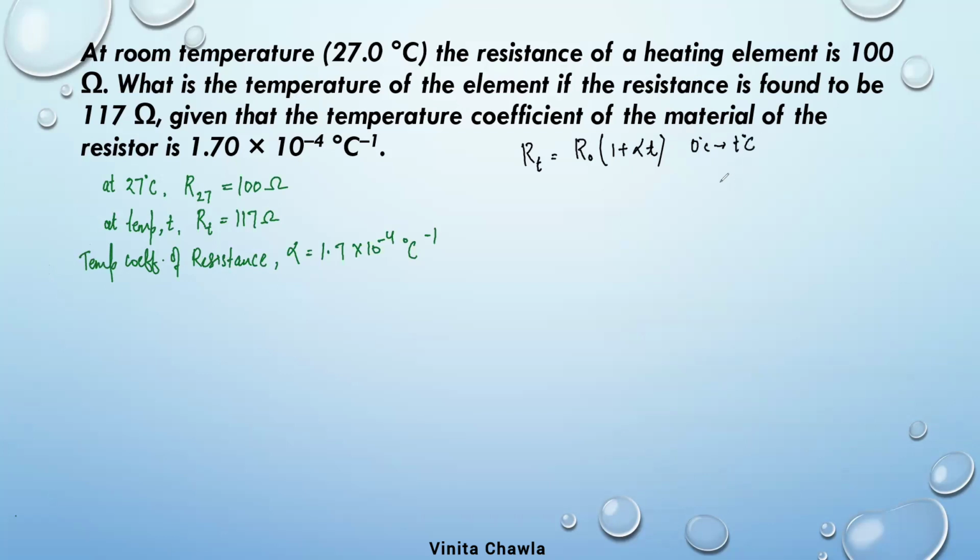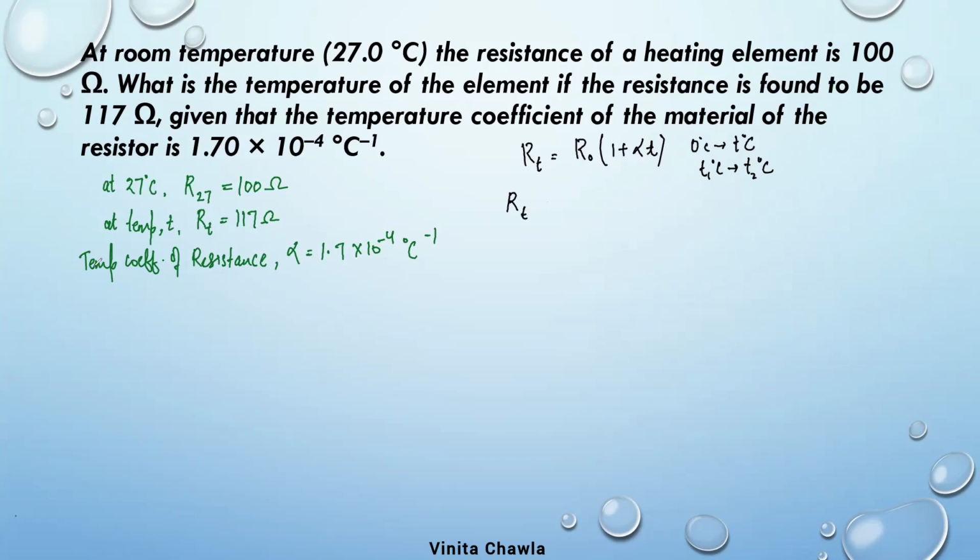But if we say that from T1 degree Celsius to T2 degree Celsius, we want to write the same relation, then how do we write? From T1 to T2, we write R. RT is equal to R naught times 1 plus alpha T2 minus T1. Yes, RT is equal to R naught when we take 0 degree Celsius. But if we take RT, then